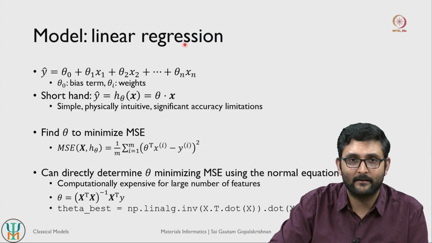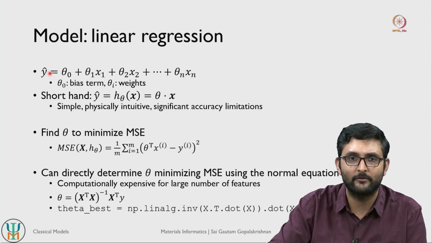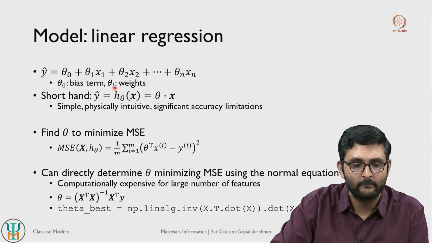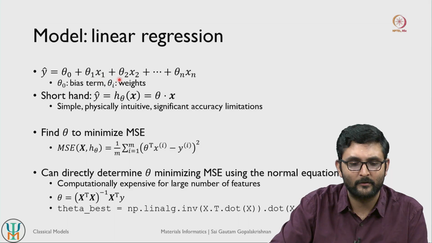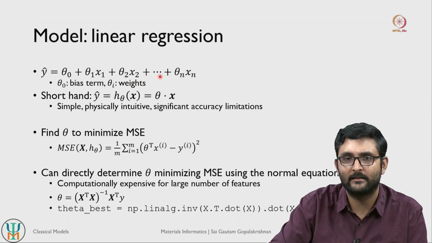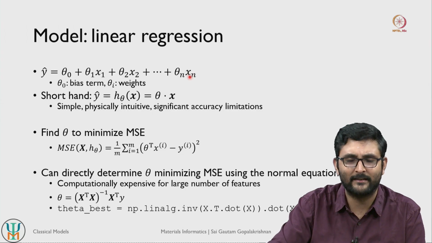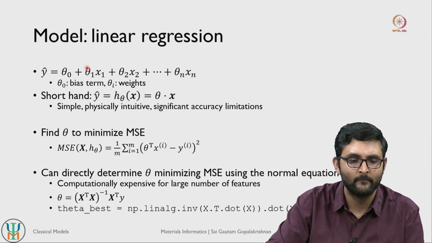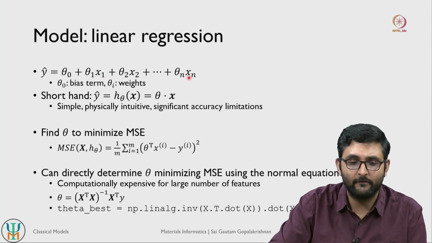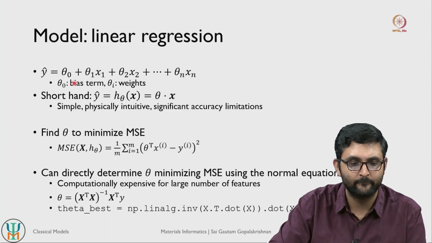So why is it called linear regression? It assumes that your target value y is a linear function of all of your features. Here x1 is a given feature, x2 is a given feature, and so on. If y is, let us say, the median house price in California, x1 could be median income, x2 could be population, x3 could be total number of rooms, and xn could be location, latitude, longitude, and so on. So we have several different features, and each of the features linearly correlates with our target metric.